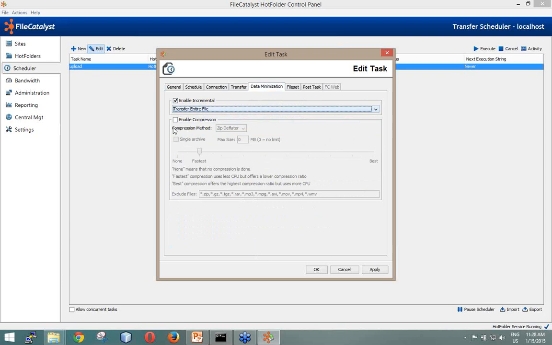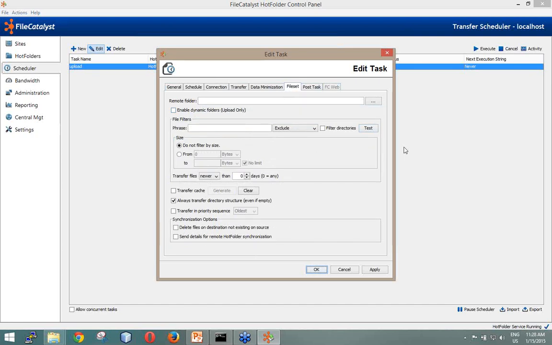And once again, here's this compression. Compression is really not the reason we accelerate things, but it's something we also have for highly compressible files. For example, if you're sending log files, we can compress them for you on the fly. You don't have to first tar them, gzip them, and then transfer them. You can actually just point us to a directory and we'll do that all for you.